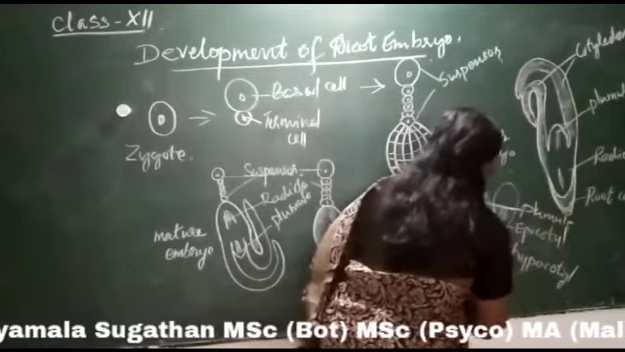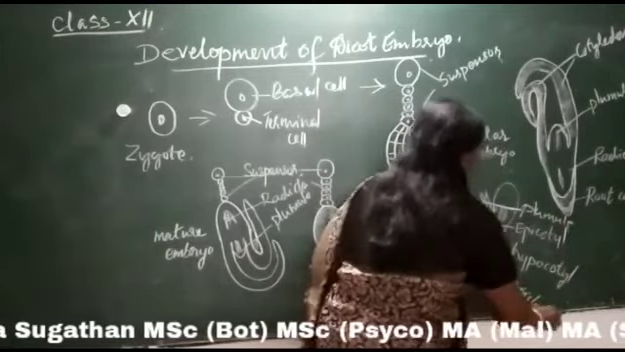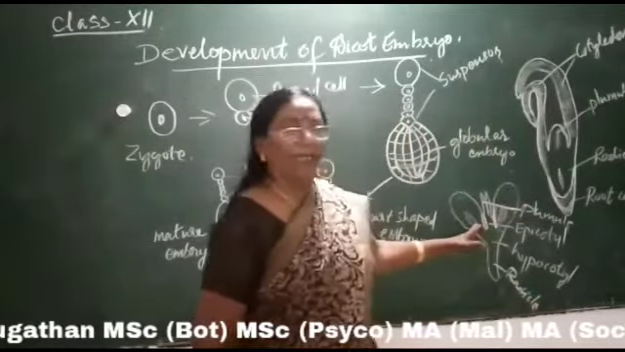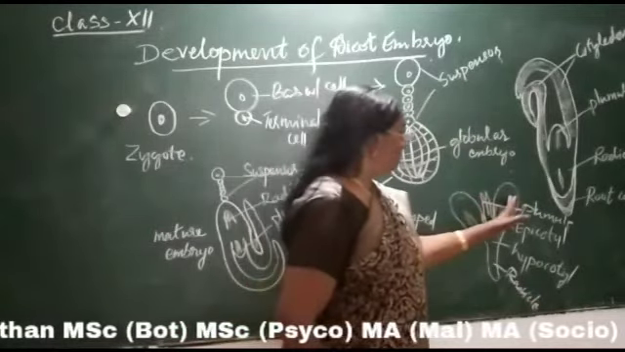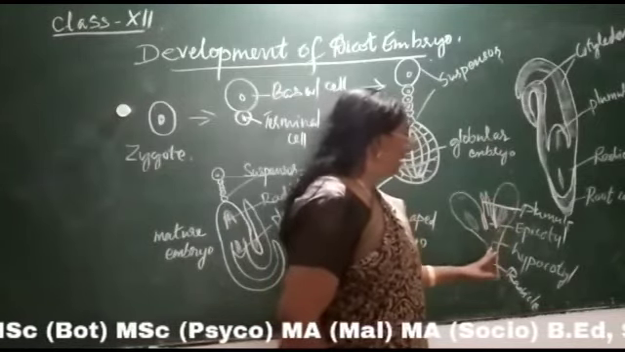And here it is, the radicle. We can draw the embryo like this also: two cotyledons, plumule and radicle. You know, the embryonal axis